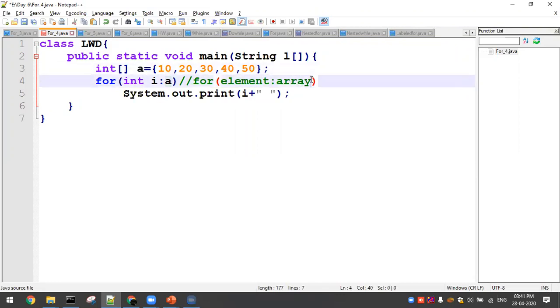Next I'll give the element type, int element, that's it. Here I'm not focusing on an index starting from 0 to array length minus 1. That length you are not taking. What you're taking here is the element. If an element is there, then you just print it. That's what I'm doing here.